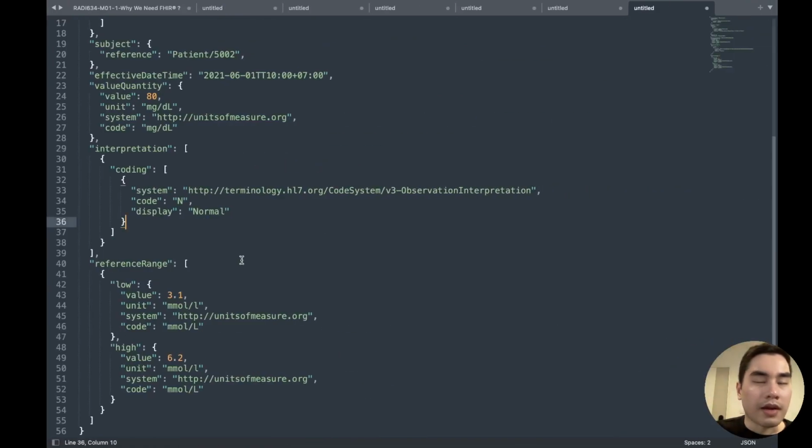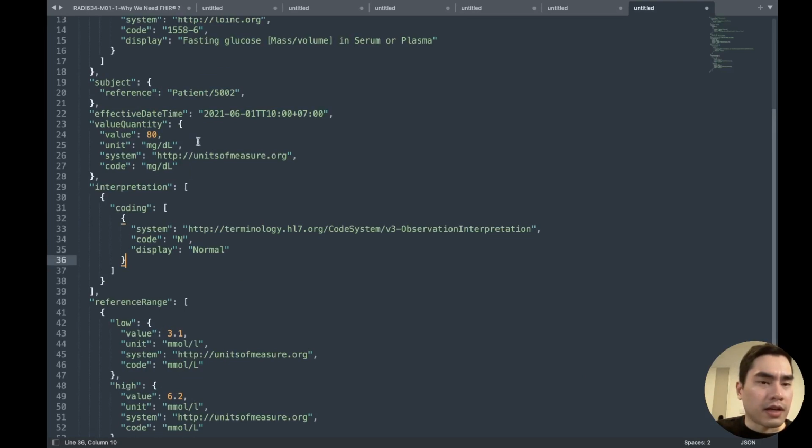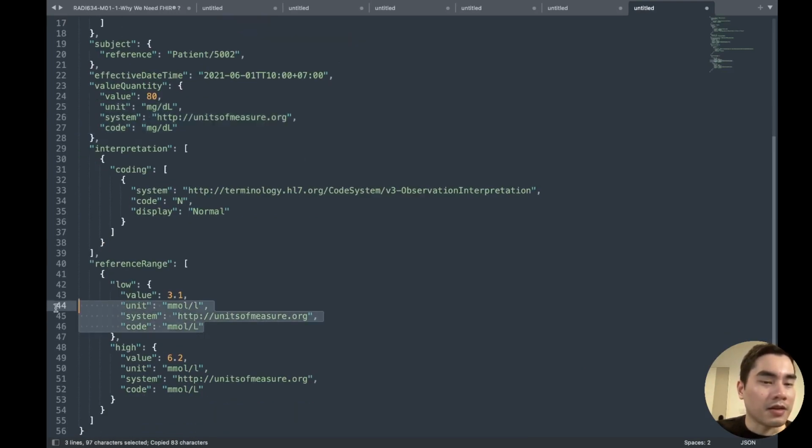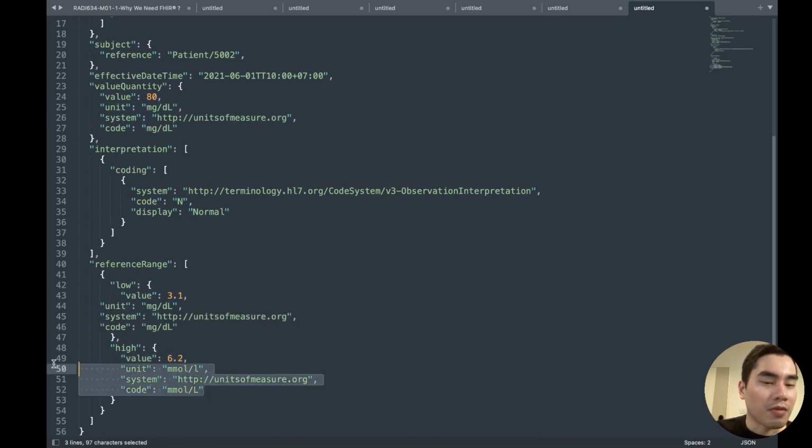And the reference range, that is low, high. To be honest, I don't quite remember what the normal range of the blood glucose is. I think more than 100 is pre-diabetic or something like that.